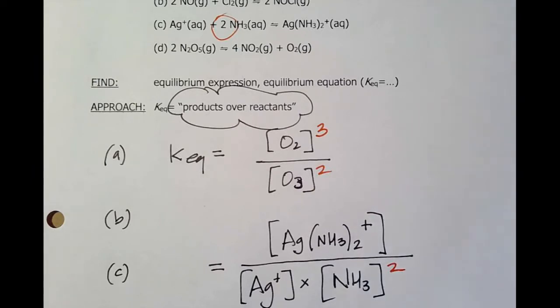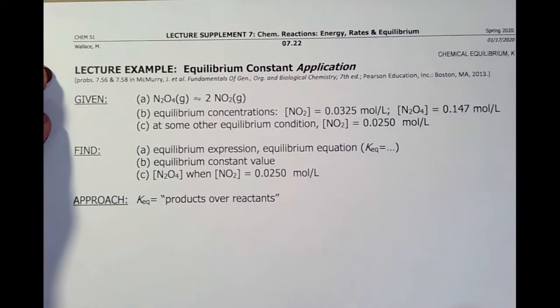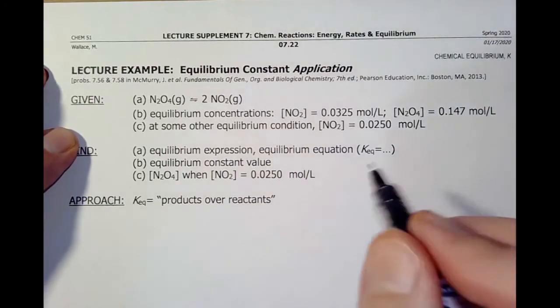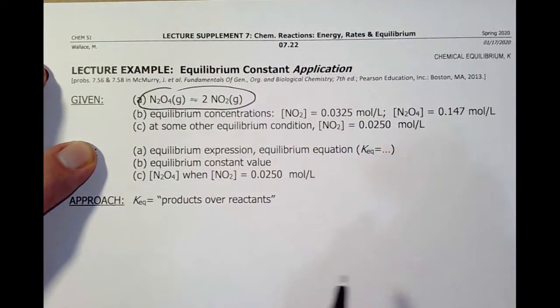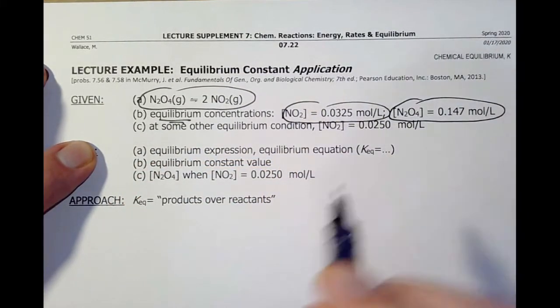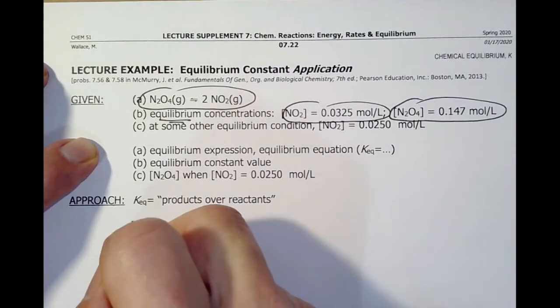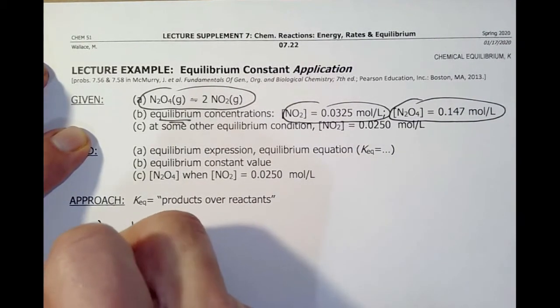Now, let's actually do some math on page 7.22. And again, I know what the relationship is. I just plug and chug. So here's my reaction, very simple. Here's my equilibrium concentrations. Those are no longer changing. Once that thing hits its equilibrium, that's it. Now we know that the NO2 is being made and the N2O4 is being consumed, but they're also running in reverse. So KEQ, part A, equals